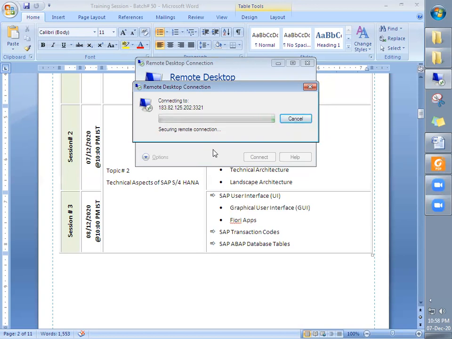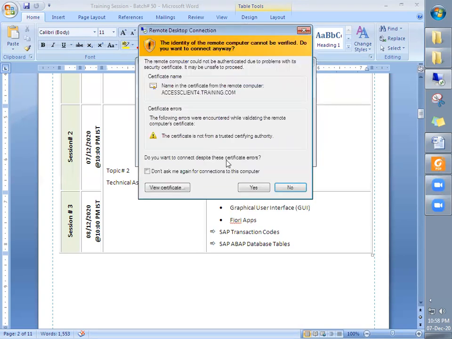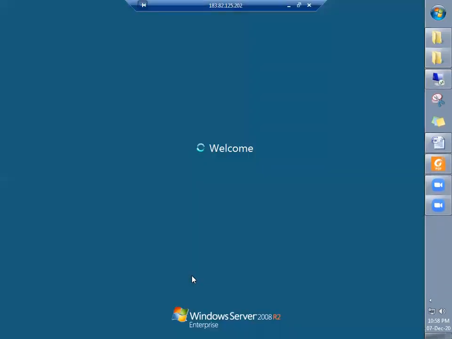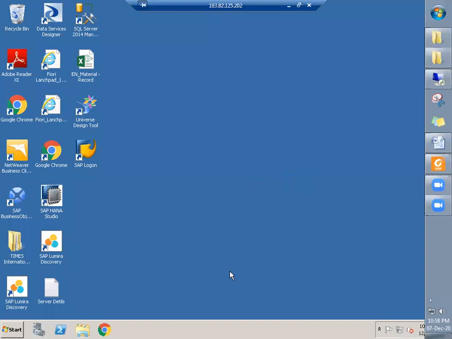Connecting to the remote desktop. Now, yes, it's connected. Now you see it is connected to the remote desktop. In the remote desktop you can see this SAP Logon is available.